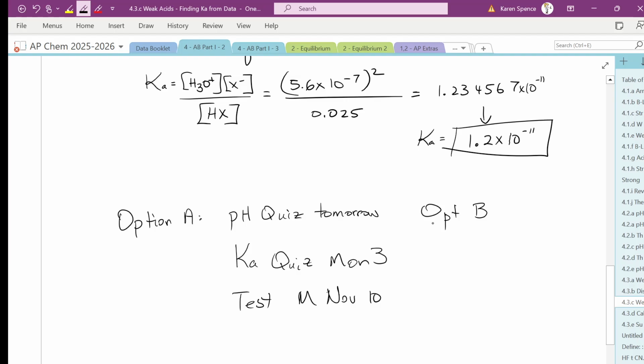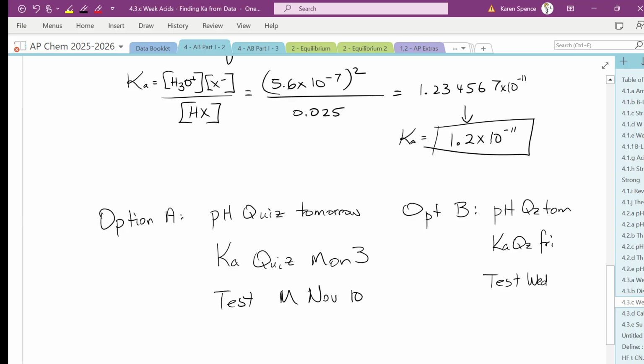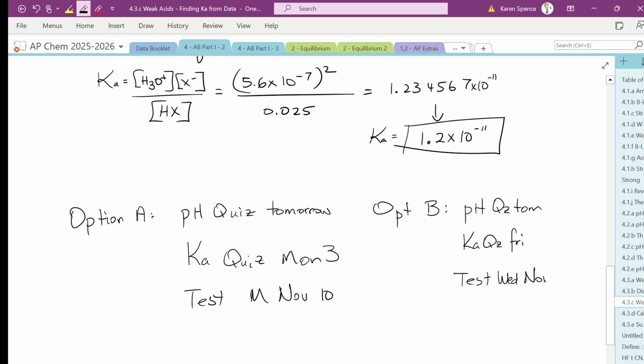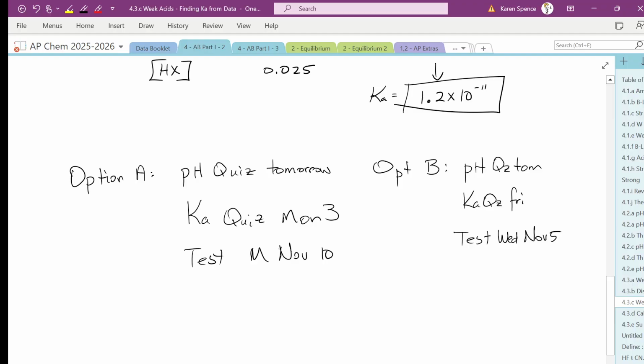Option B is to have your pH quiz tomorrow. No, there's an option C. Tomorrow, Ka quiz Friday, and your test on Wednesday, November 5th. Option C,